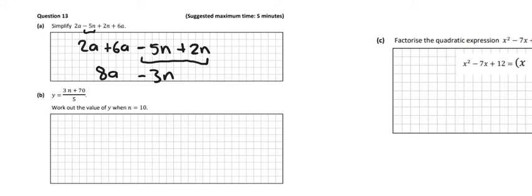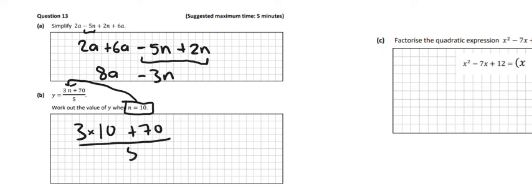Part B then, you need to sub in the n. So you just need to put the 10 in instead of the n. So we're going to put 10 in instead of the n here. So 3n means 3 times n. So instead of 3 times n, we're going to do 3 times 10. So you put 3 times 10 plus 70